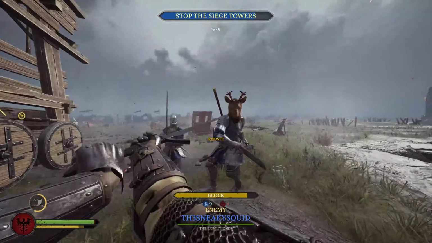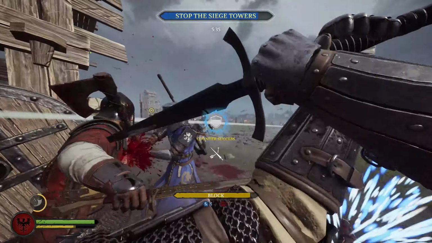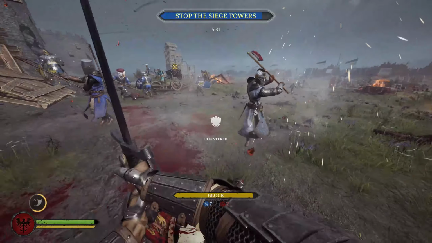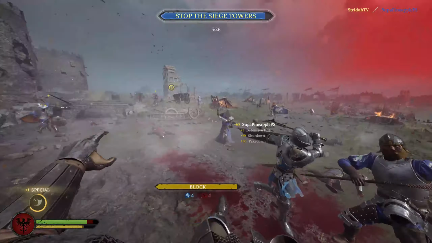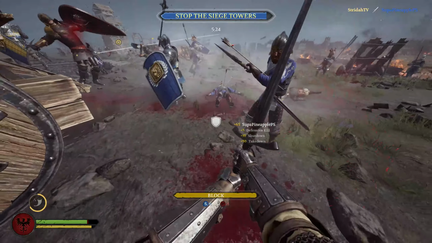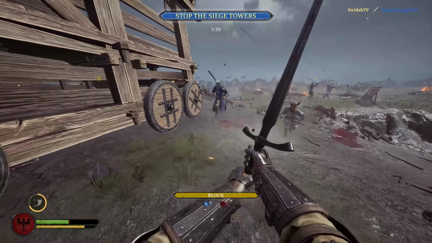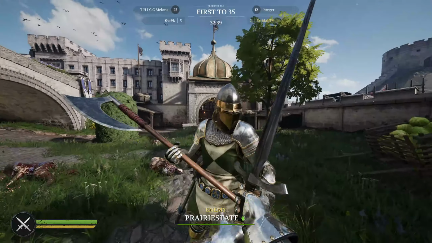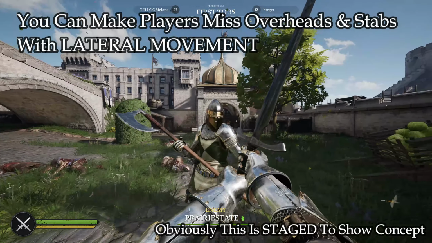Now, lateral movement is the hardest thing for me to teach, but super effective at keeping you alive. If you've ever played an FPS game and heard the term AD spam, where you just constantly wiggle in either direction, this can be applied to Chivalry. Moving side to side in an unpredictable pattern is a very effective tactic to make players miss overhead and stab attacks. And as your ability to read enemy attacks improves, you can recognize the direction attacks are heading and move